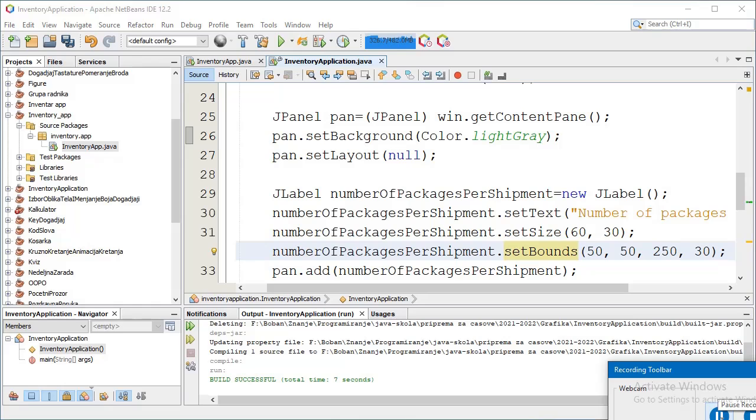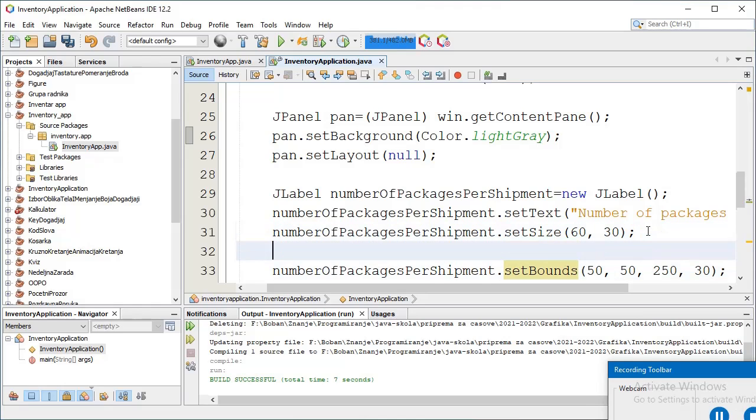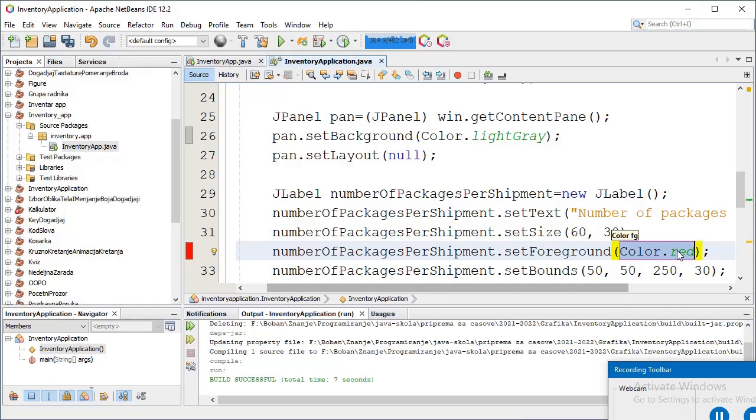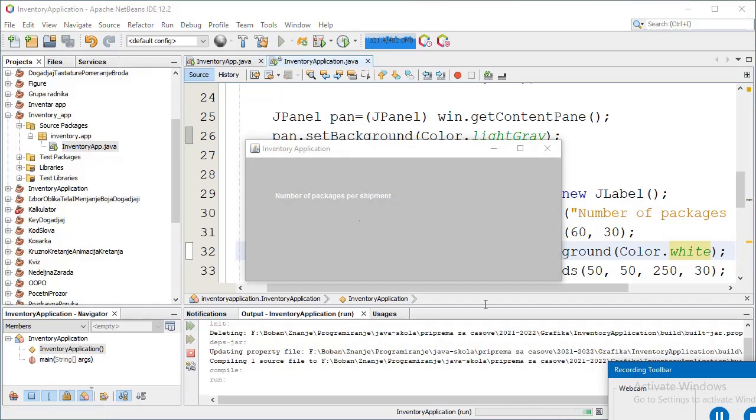To do this, I call the setForeground method. That's it.